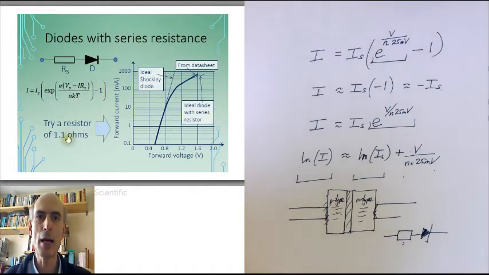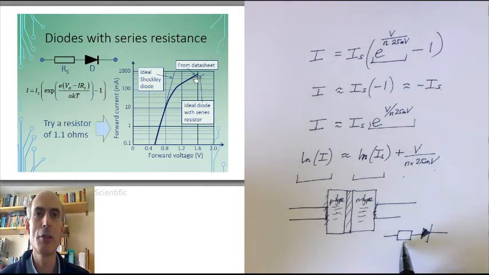If we include that in our formulation, then a resistor of about 1.1 ohms means that the two curves match each other very well, up until the kind of currents flowing through the diode that would result in the diode probably overheating and melting. We can incorporate this effect in the equation quite easily by just taking the voltage across